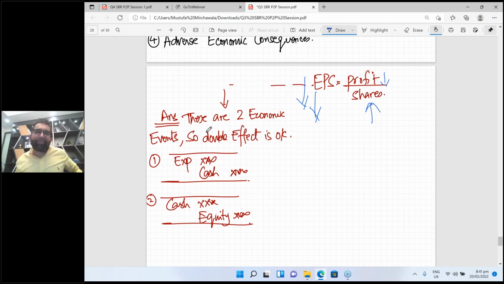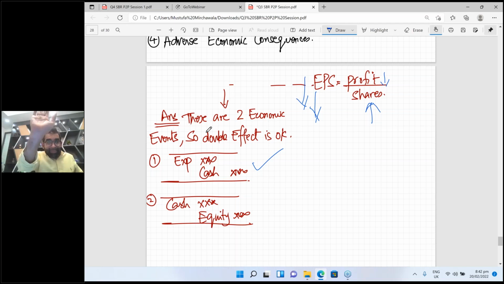Just take one example. Assuming you are not giving shares to employees, you called your employee in the room and today you gave him salary first. What entry do you make with the salary? Expense debit and cash credit. Whenever you give salary to your employee, you make the entry expense debit, cash credit. And now the employee was leaving your room with the cash.